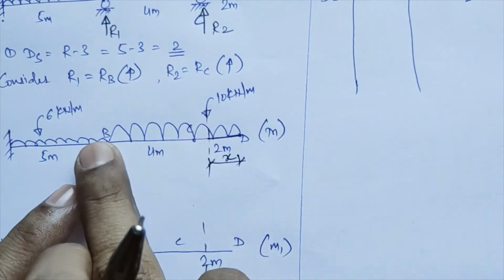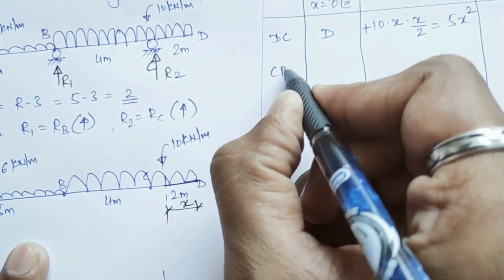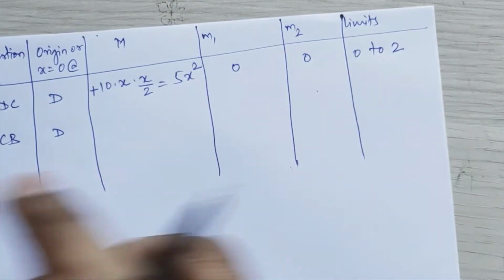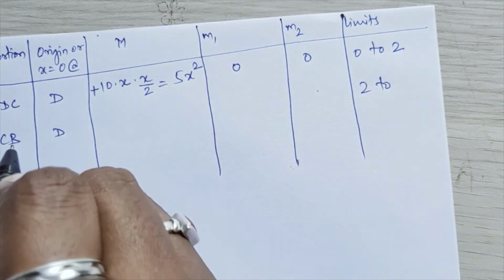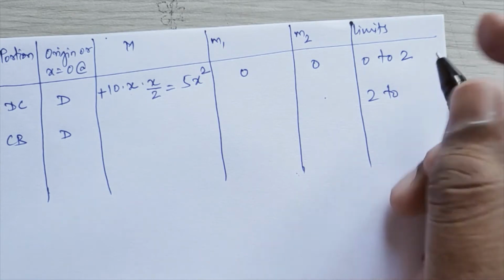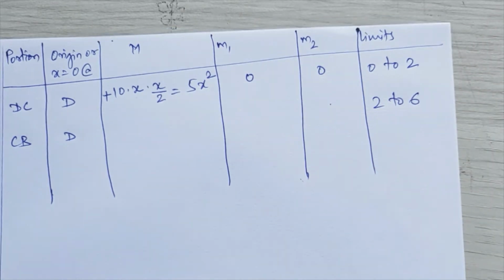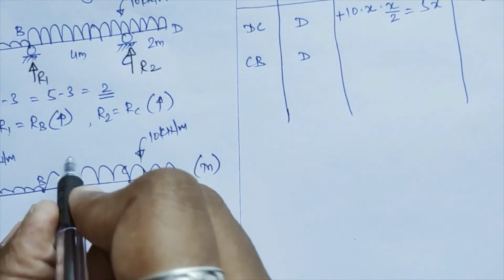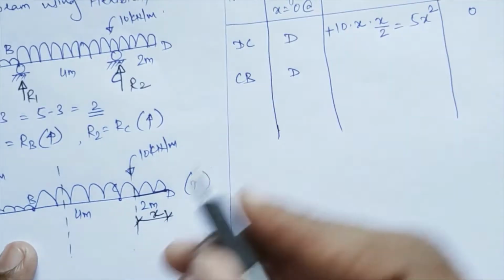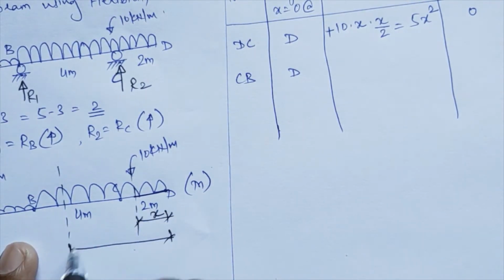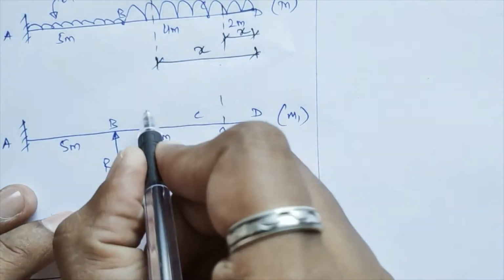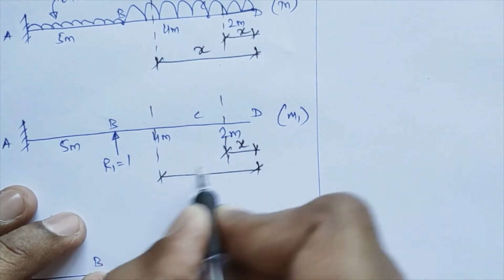Right? Now we'll move to our next portion, that is portion CB. Origin point, I'll keep D as it is. So limits of integration will be what? D to C distance that is equal to 2, to D to B distance that is your 4 plus 2, 6. So limits of integration will be 2 to 6 over here. Now what I'll do, I'll pass this section in my selected portion CB, which is at a distance x from origin point. Origin point I have selected D, so your x will now be from point D. I'll cut such type of section in all these 3 diagrams.